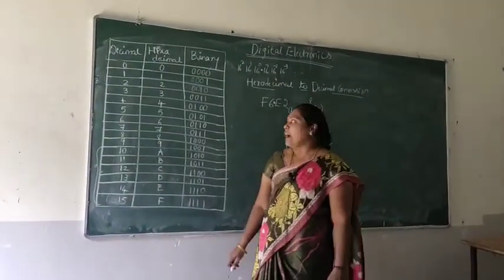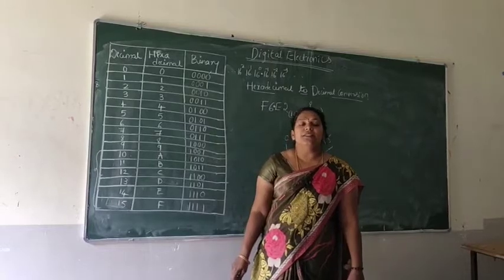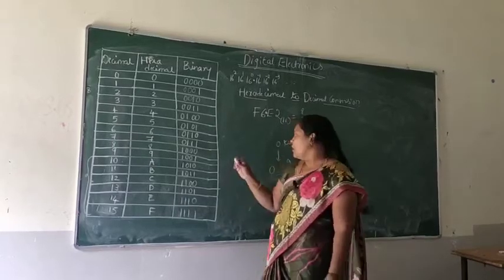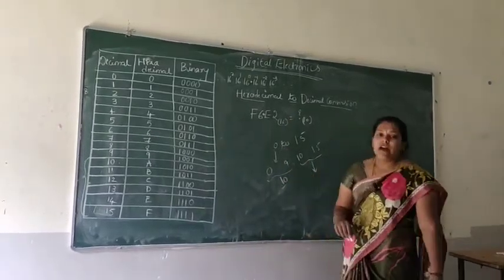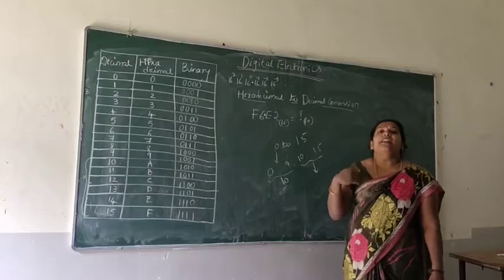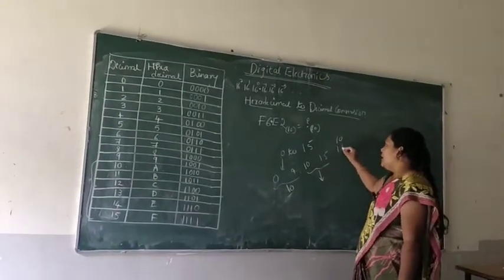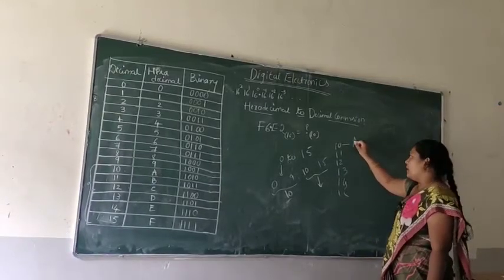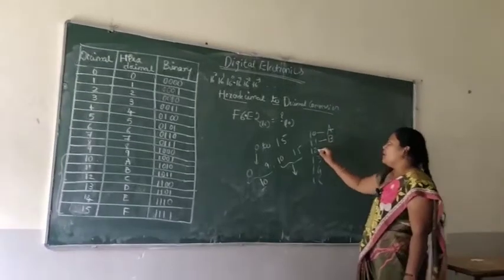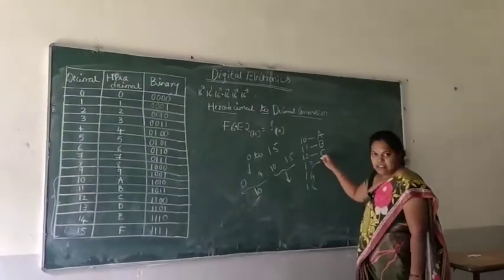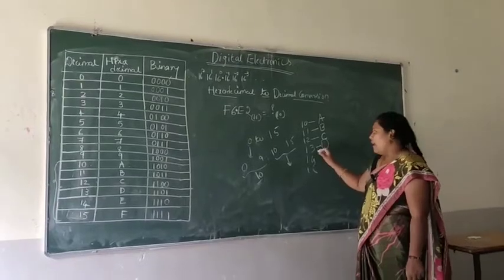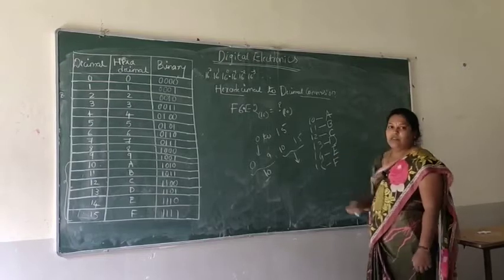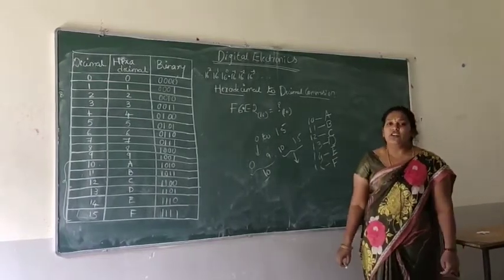Now we have the hexadecimal number system. In this number system we have 16 values, that is from 0 to 15. 0 to 9 are represented by the values of the decimal number system. The remaining 10 to 15 are represented by the alphabets: 10 is A, 11 is B, 12 is C, 13 is D, 14 is E and 15 is F. Totally 6 letters are taken, that is A to F.